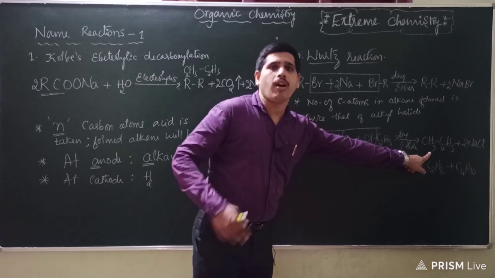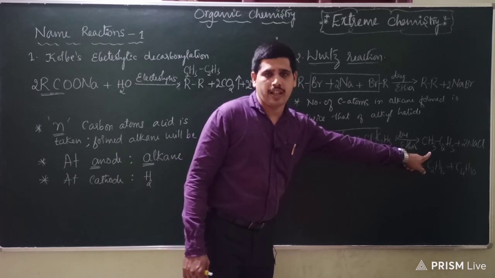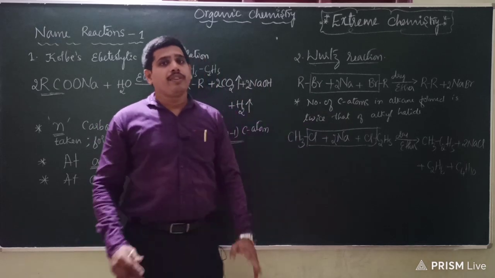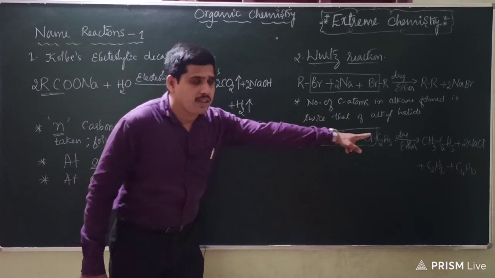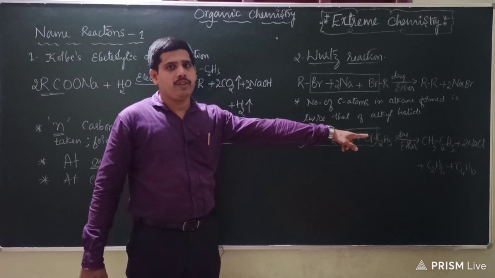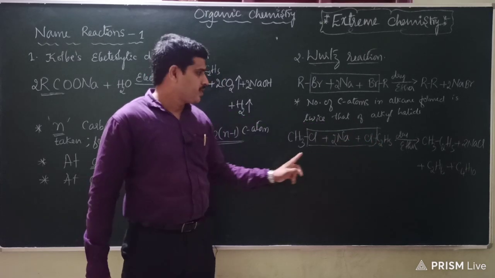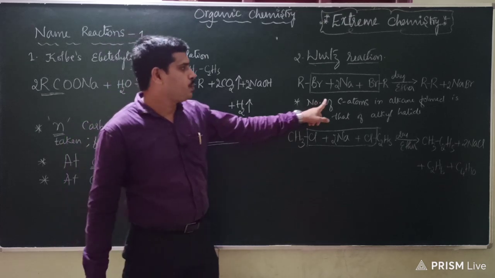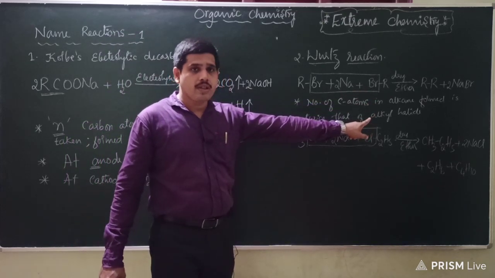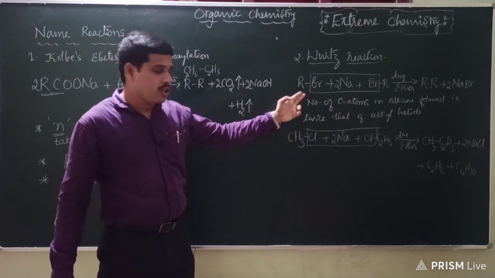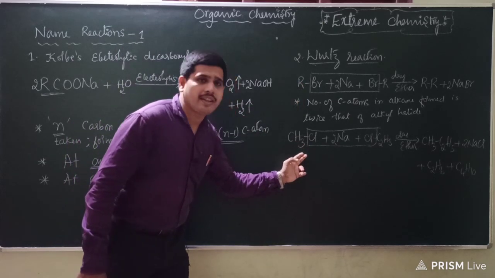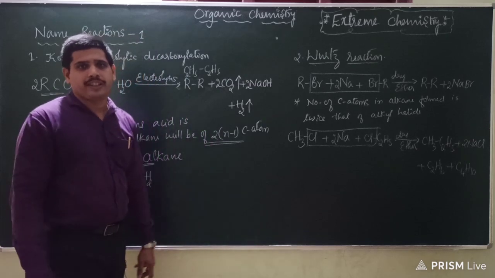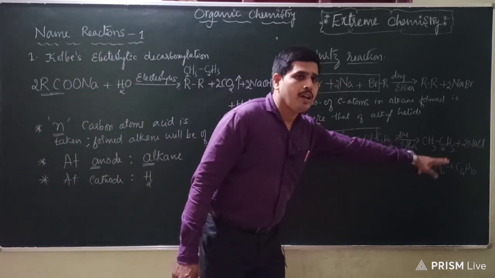What do you mean by unsymmetrical? Alkanes having an odd number of carbon atoms. It is not preferred because we will end up with not one product; instead, 3 products are going to be formed. Is that fine? So this is again a very important point to be remembered. There are 2 points: the number of carbon atoms is double the number in the alkyl group, and the other is that unsymmetrical alkanes cannot be prepared by this method because that will end up with 3 products.